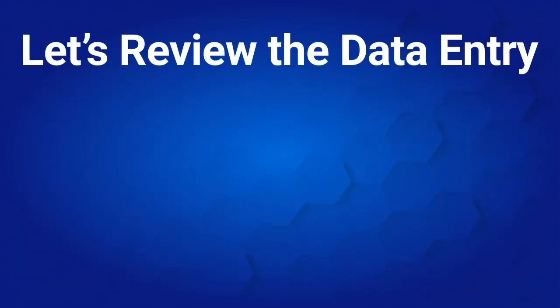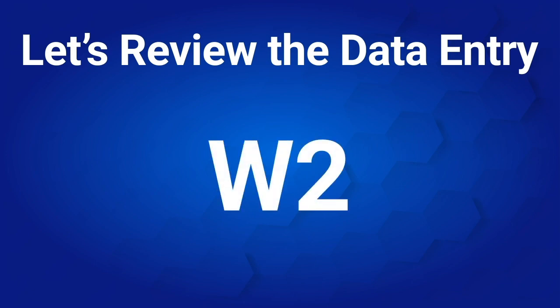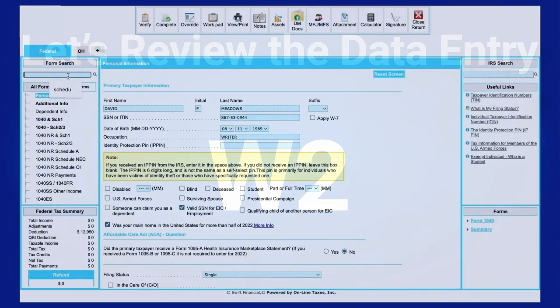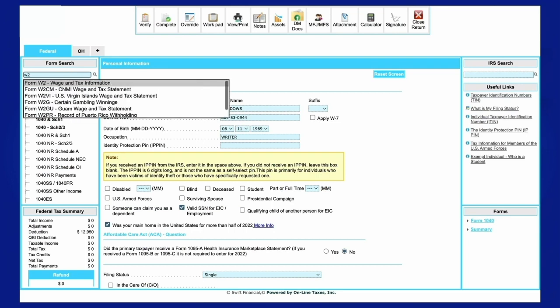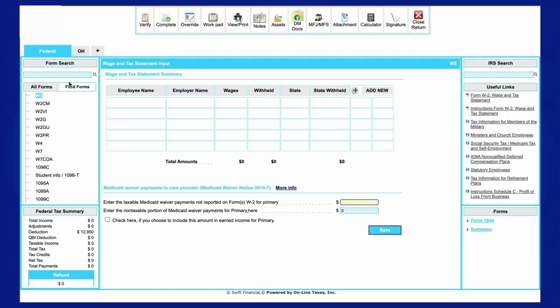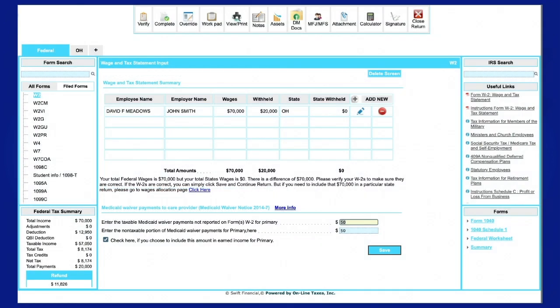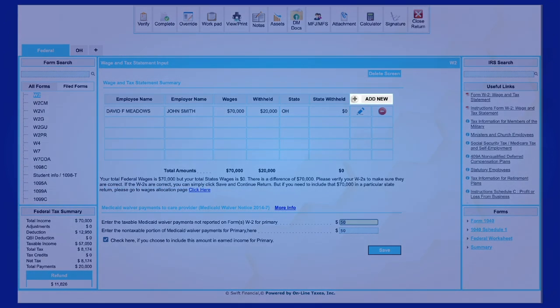Let's review the data entry. For this example, we'll be using a form most tax preparers are familiar with, a W-2 entry form. By using the form search bar we previously mentioned, you can quickly locate the W-2 form. Once selected, towards the right of the grid, you'll have the option to add a new W-2 by clicking the plus icon. Edit any current W-2s when you click the pencil, or delete a W-2 by clicking the red circle